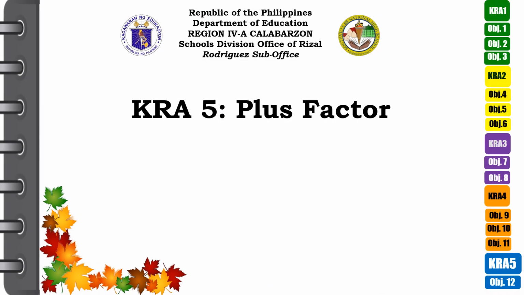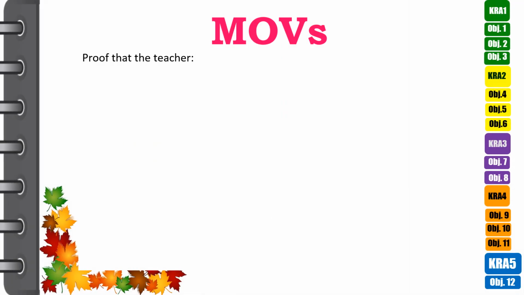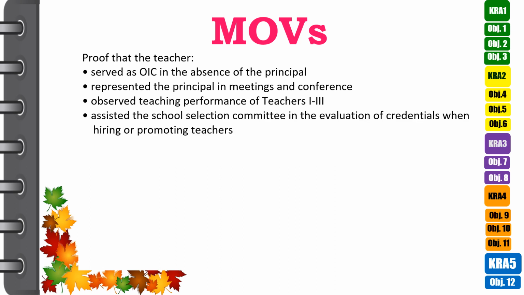KRA5 plus factor. Objective 12. Performed various related works or activities that contribute to the teaching learning process. For Objective 12 MOVs, proof that the teacher served as OIC in the absence of the principal, represented the principal in meetings and conferences, observed teaching performance of teachers 1 to 3, assisted the school selection committee in the evaluation